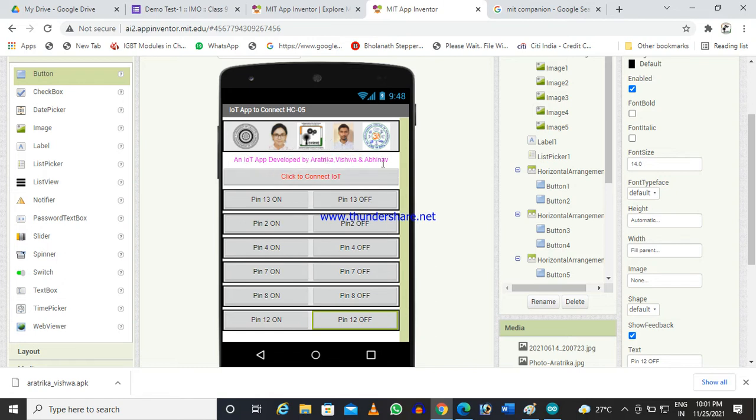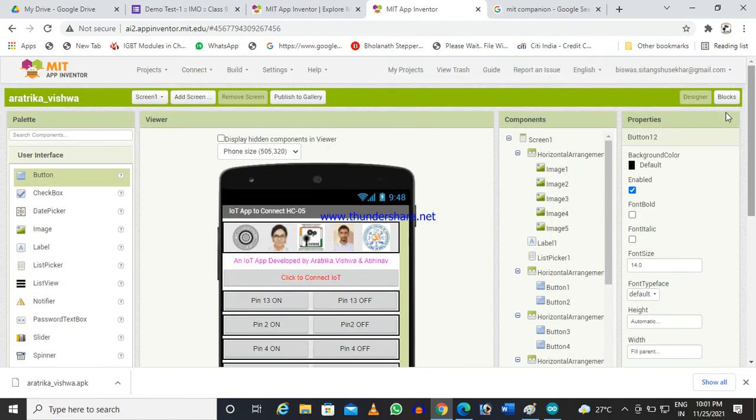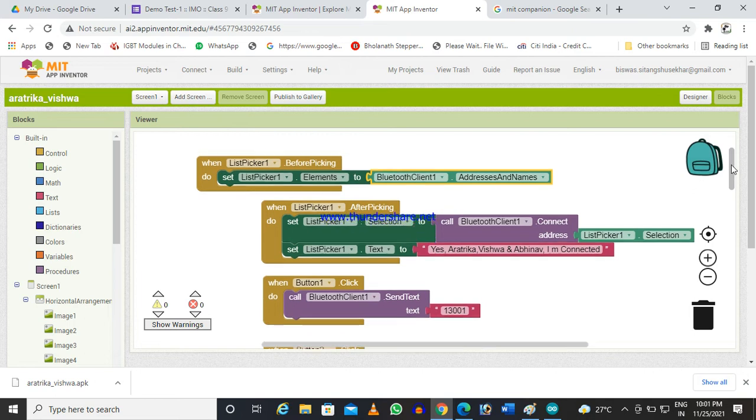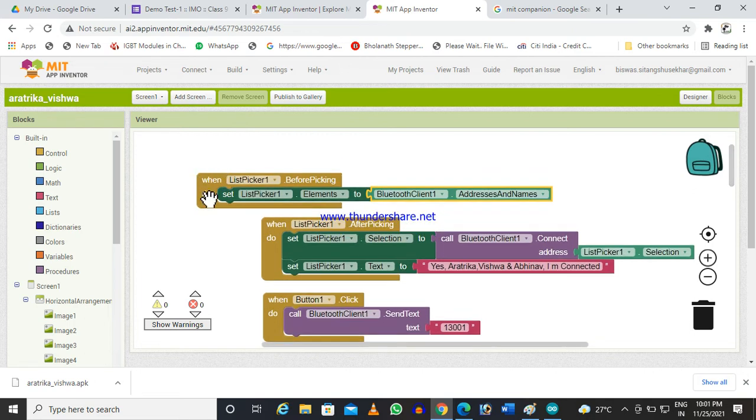Then there is a text, and this is a list picker to connect with the Bluetooth module, and these are the buttons. Okay, so from the designer view, if you go to the blocks, because this is a very user friendly App Inventor through which we can make the app without writing the code. As I told, I have taken that list picker.